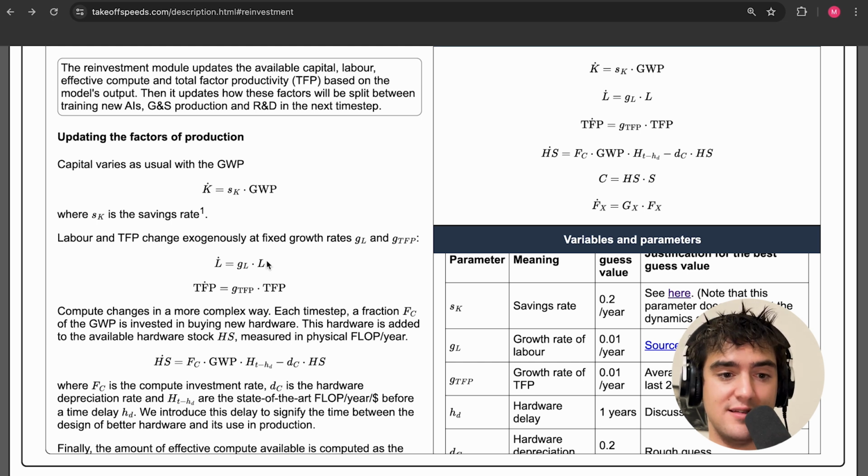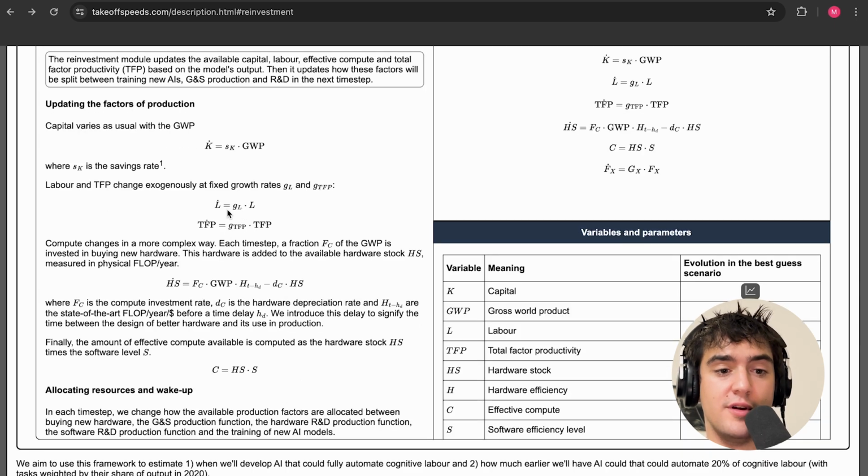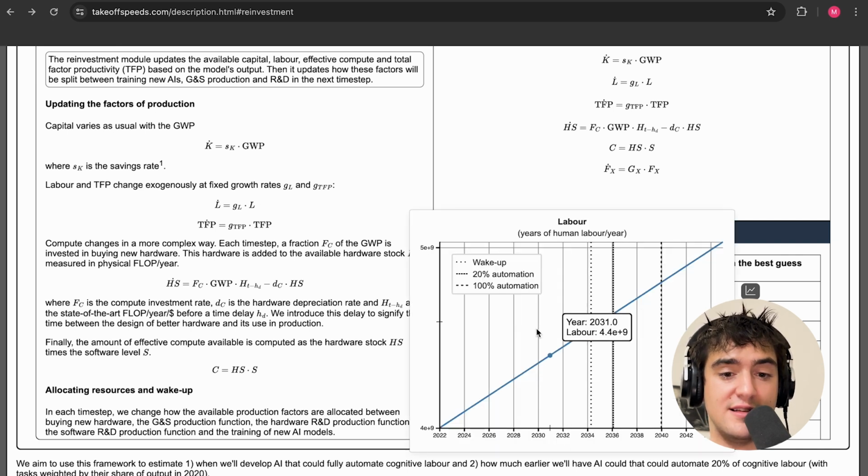So one way to look at this equation is that the growth in labor is just the derivative of labor divided by the labor, meaning that the growth in labor is actually just the derivative of the log of the labor. So the growth rate of labor is just telling you what is the slope of the labor in a log plot. So if we look at the labor here, we say that it's a straight line because this growth rate of labor is a constant.